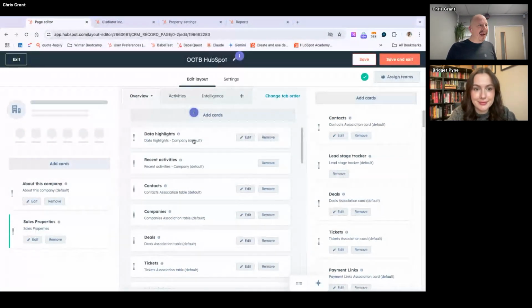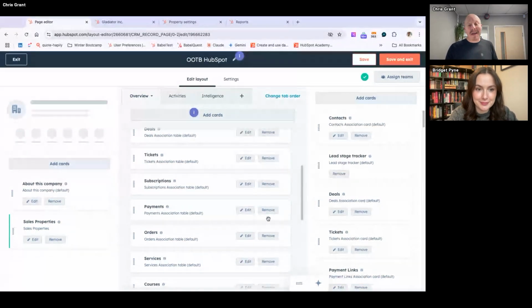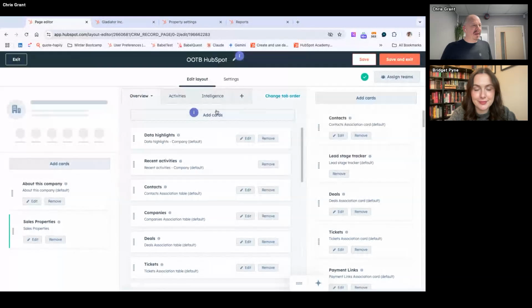So going back to our page editor, let's remove some of these cards. Let's say we don't need sales orders or assets, investment, land, price lists, financial data, HubSpot users, agents, project. You get the point. We can start to remove all of these. But the other nice thing is that we can add new cards.